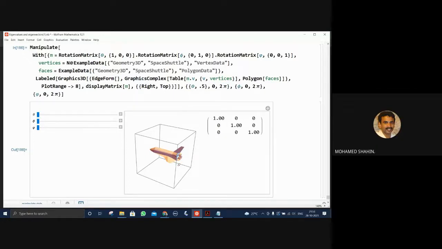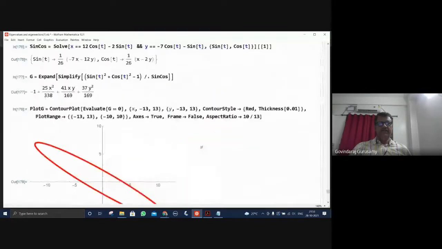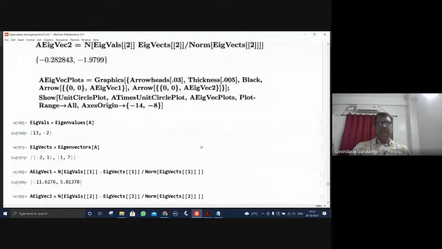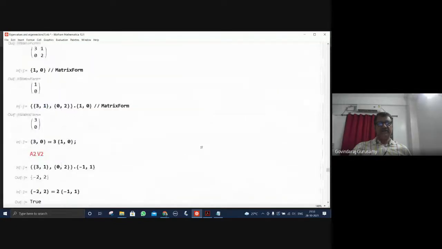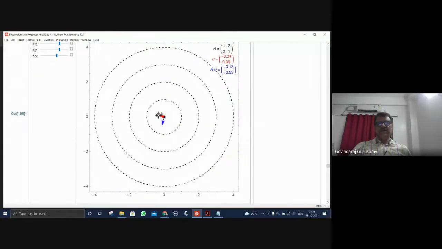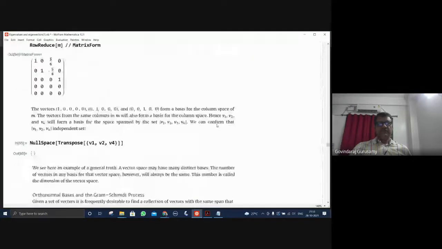Sir, can you give some reference books? Well, okay, I'll add them and send it to you. Some of the reference books, because there are some books which give a lot of interesting programs all about this matrix and handling the matrix. Mathematical programs are also available. But it all depends on the authors. If it's a mathematician, his interest will be different. If it's a physicist, his interest is different. Yes, sir. That will vary, but still it doesn't matter. Some of them will definitely be useful for us.